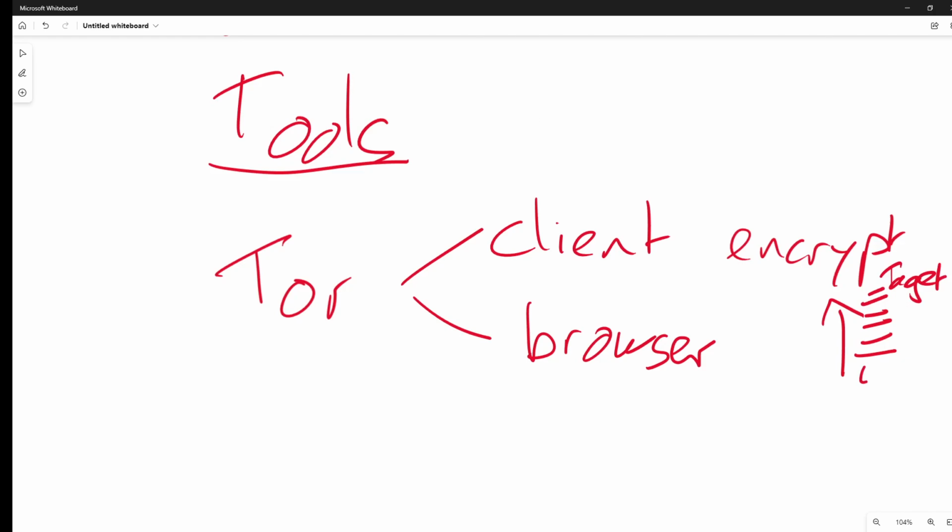So it's a very secure piece of software.